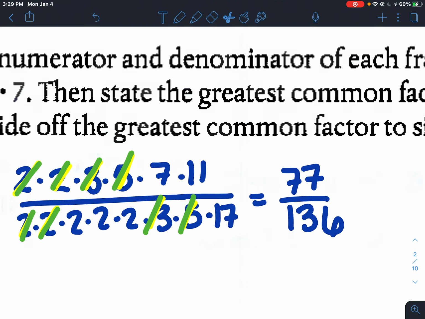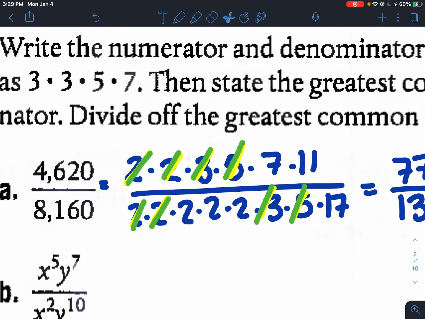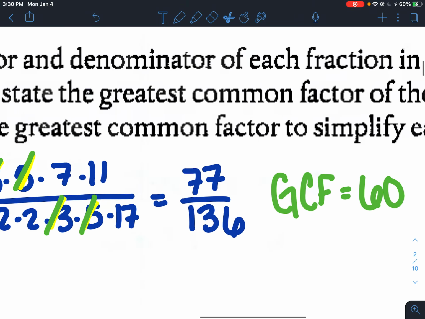What is my GCF? Well, my GCF is what I crossed out on the top and the bottom. So the 2 times 2 times 3 times 5. My greatest common factor is 60. I could reduce the top and the bottom by 60 all at once to get it in the lowest, simplest